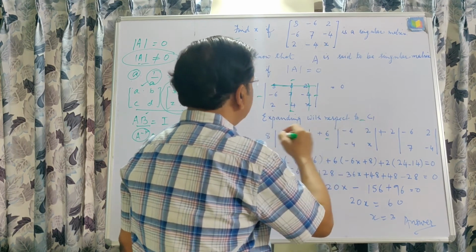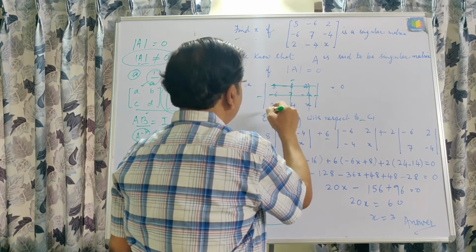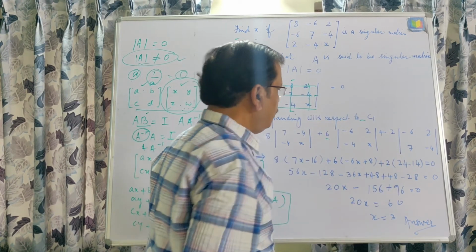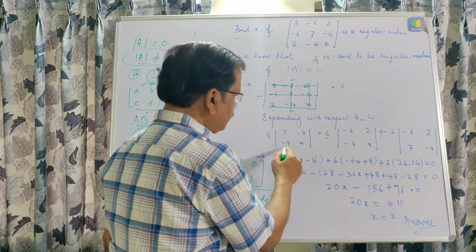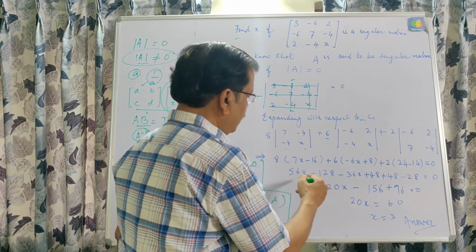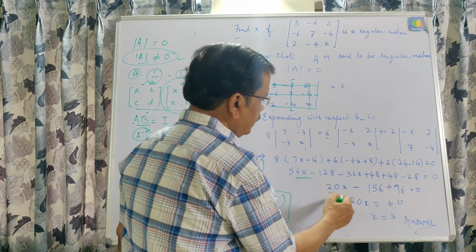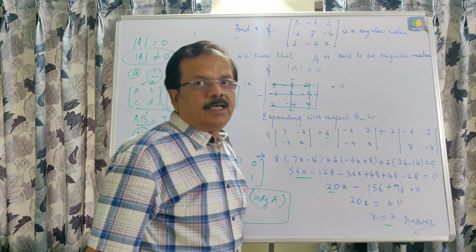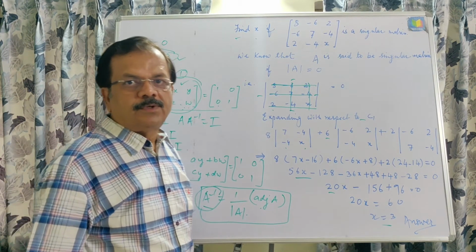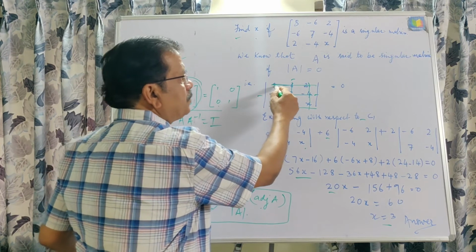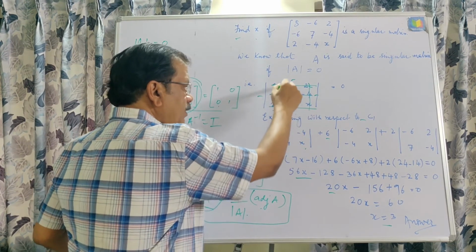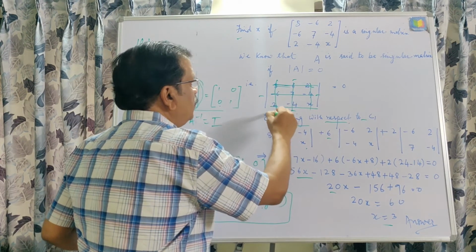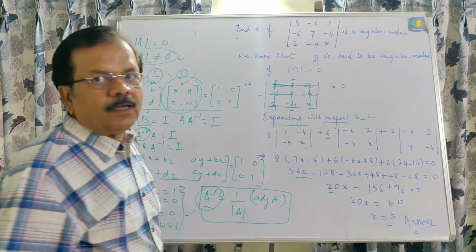This is expanded with respect to the second column, that is this will be hidden, and third 2, and then 6, 2 and 7 minus 4, and so 7x minus 16. After expanding this value we are getting 20x is equal to 60, or x is equal to 3. This type of question is also asked in board examinations. You are free to expand with respect to any row or any column. Here in this question I expanded with respect to C1. Okay, now next question.